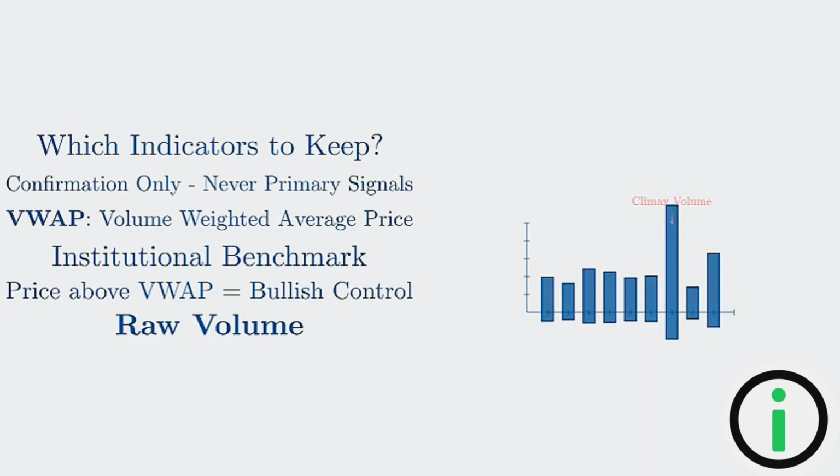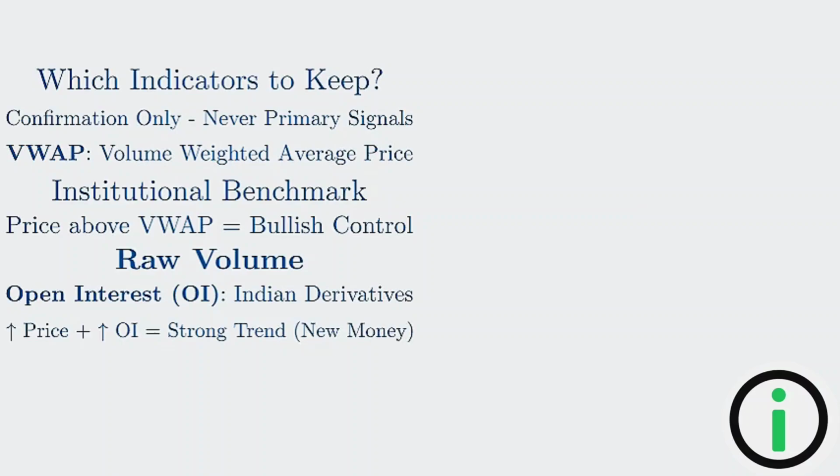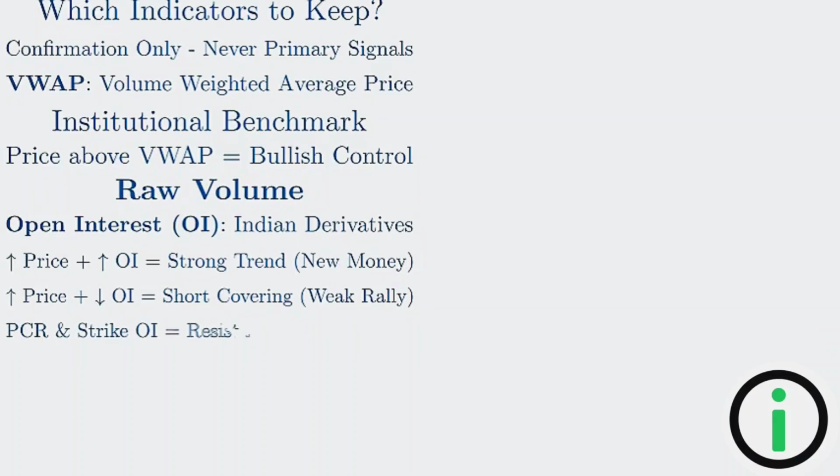But a breakout accompanied by a massive spike in volume tells you that the big players are participating. In the Indian derivatives market, there is one more super tool: open interest and OI change. Open interest tells us the total number of outstanding contracts. If the price is rising and OI is also rising, new money is entering, and the trend is strong. If price is rising but OI is falling, it is just short covering, a much weaker rally. In Nifty, watching the PCR or put-call ratio and individual strike OI can tell you exactly where the walls are